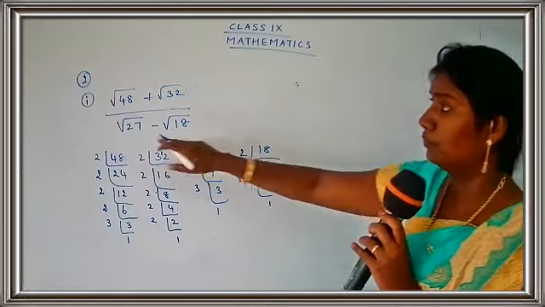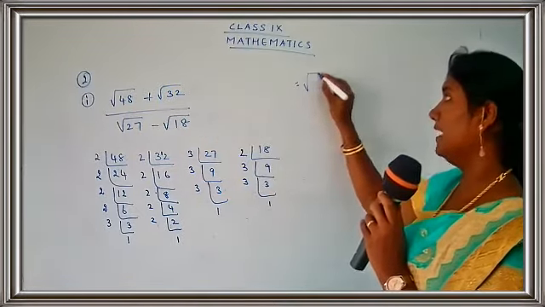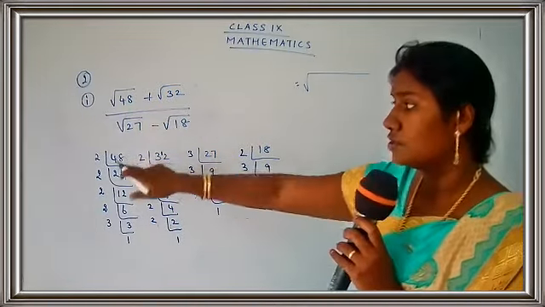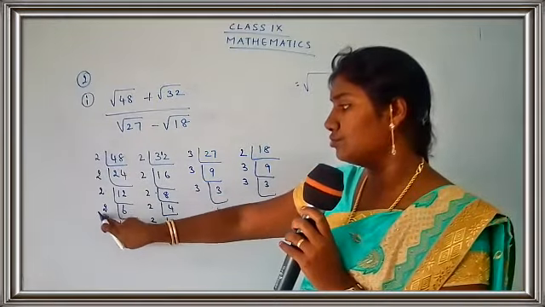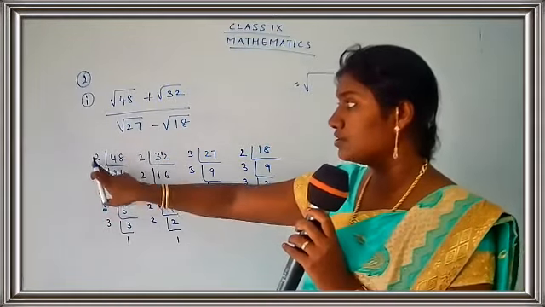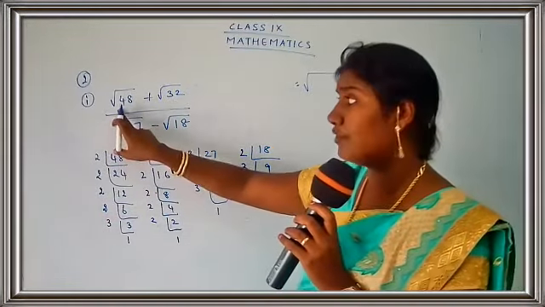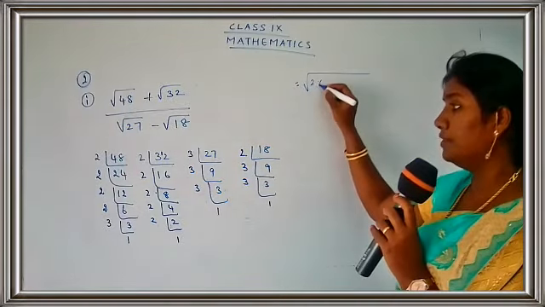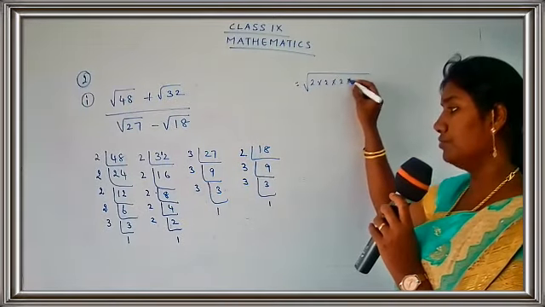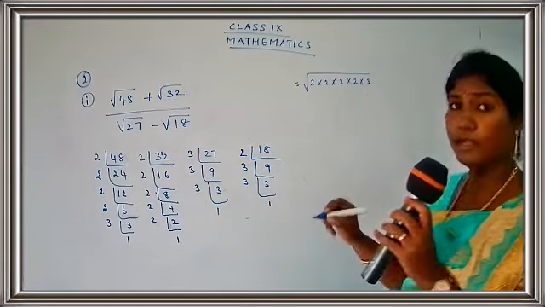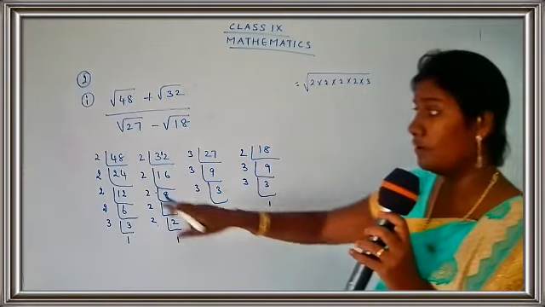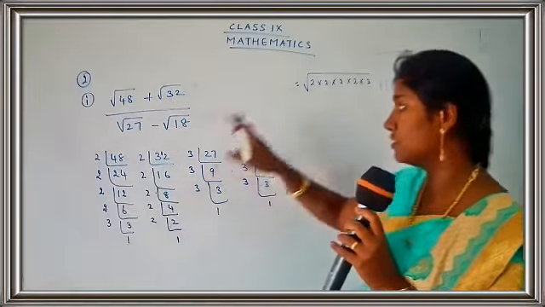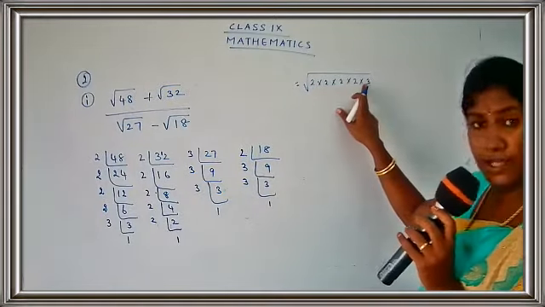So this is equal to, in place of root 48, I'm just going to write down all the values. So what I have: 2, 2, 2, 2, 3. See children? So how am I going to write 48? I'm going to write 48 as 2 into 2 into 2 into 2 into 3. Getting my point? Do not miss any numbers, children. 1, 2, 3, 4 twos, and 3.